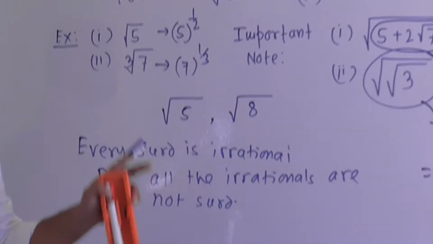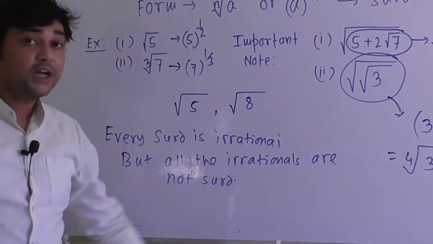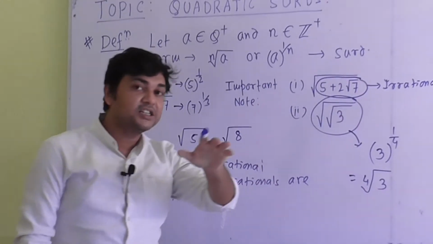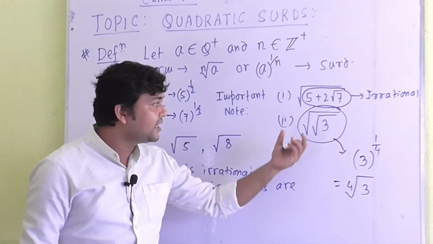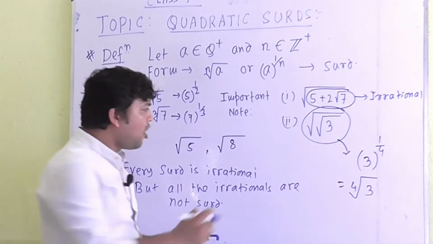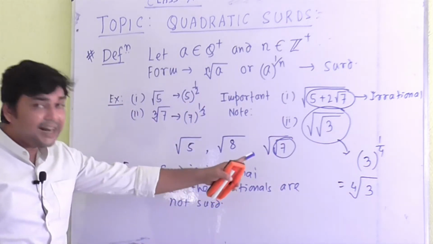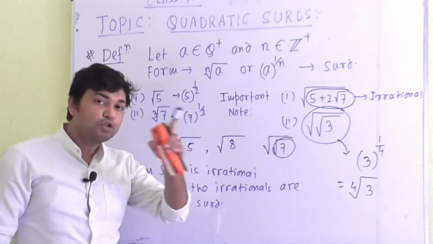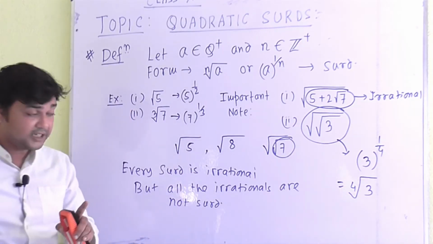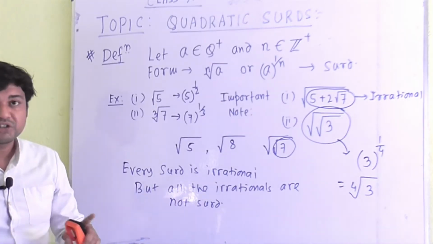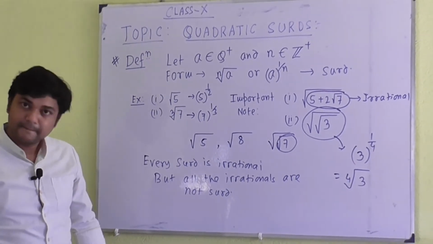So what have we learned from this part? We have learned about the formal definition of surd, some examples of surd, and when an irrational number will give you the concept of surd. Some confusion can arise with root over 3 or root over 7. Here root 7 is irrational, but still we can say it is a surd. So in short, every surd is an irrational number, but not all irrational numbers are surds. Next we will go for another discussion, and for that purpose we will pause the video.